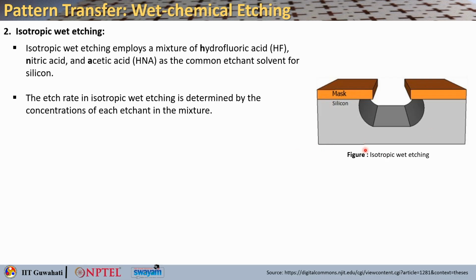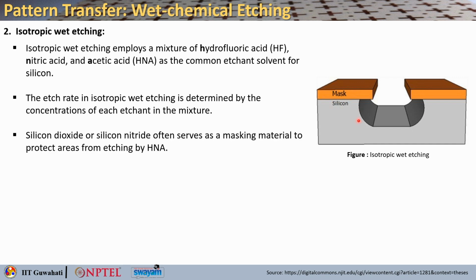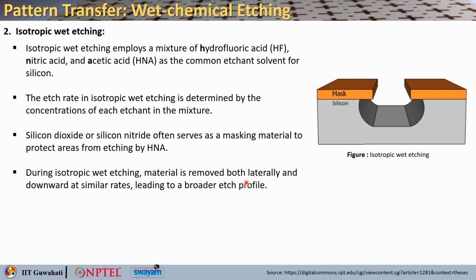So, this is how isotropic wet etching looks like. Here the etch rate is basically isotropic, and the etch rate in isotropic wet etching is basically determined by the concentration of each etchant in the mixture. Silicon dioxide or silicon nitride often serves as the masking layer that can protect the areas from etching by this HNA, and during isotropic wet etching material is basically removed from both